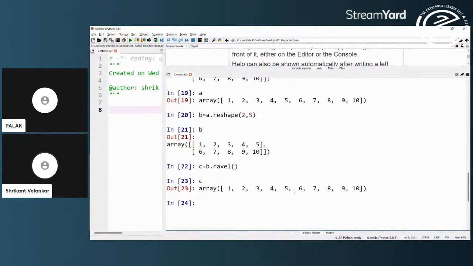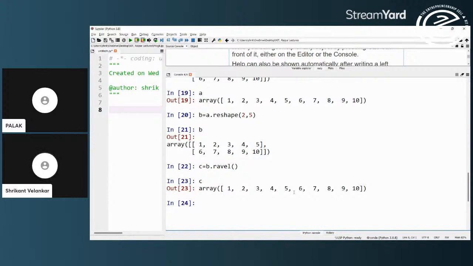So in short, if I want to convert that particular array back to a single dimensional array, I can do the same reverse operation as a reshape. Any reshaping of a single dimensional array into a multi-dimensional array, I can revert back to the original single dimensional array using the ravel function.